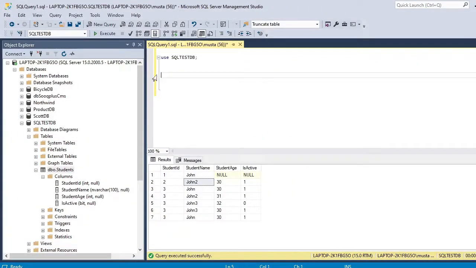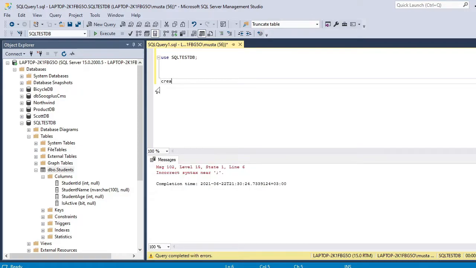Here we are. I will remove this, and we should first create another table. So we need to create a table. Create table, let's say courses. And what are the fields inside this table? Let's say that I need to give it course ID